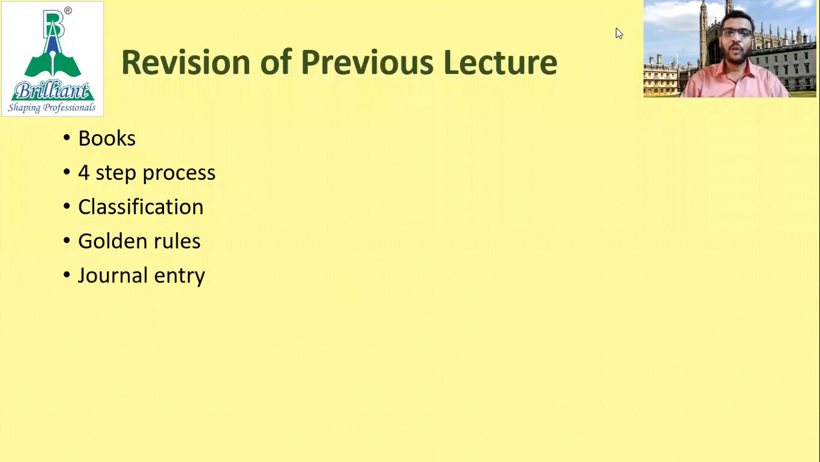And last, we learned the format of the journal. How many columns are there? There are 5 columns: date, particulars, LF, debit rupees, and credit rupees, and in these we are going to record